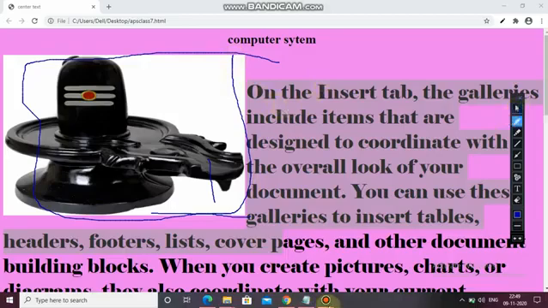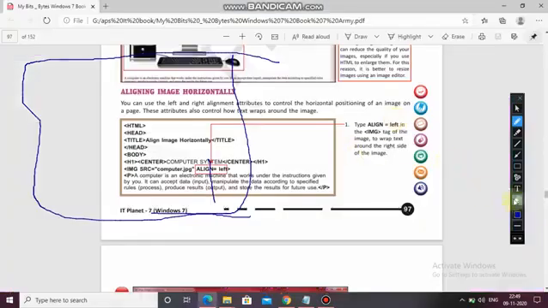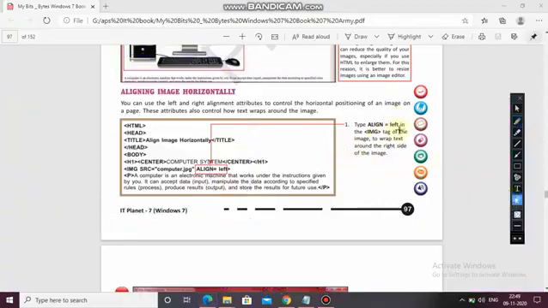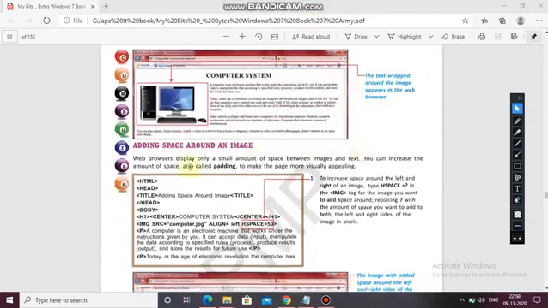I hope this is clear to all. Now align left in the img tag of the image makes text wrap around the right side of an image. So you can see it very easily. We had done this.